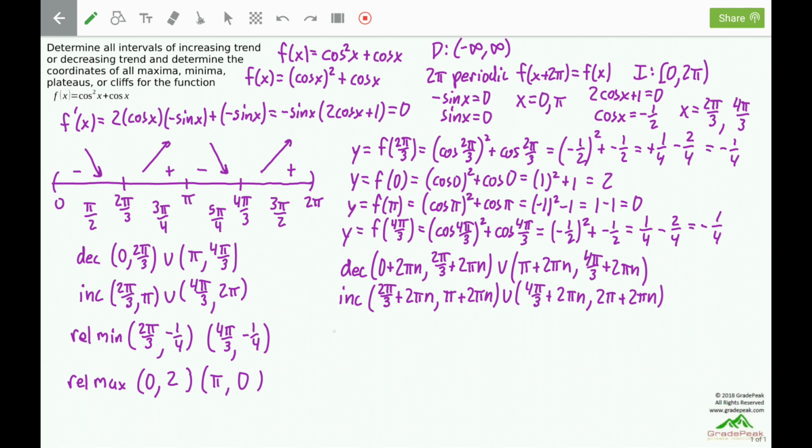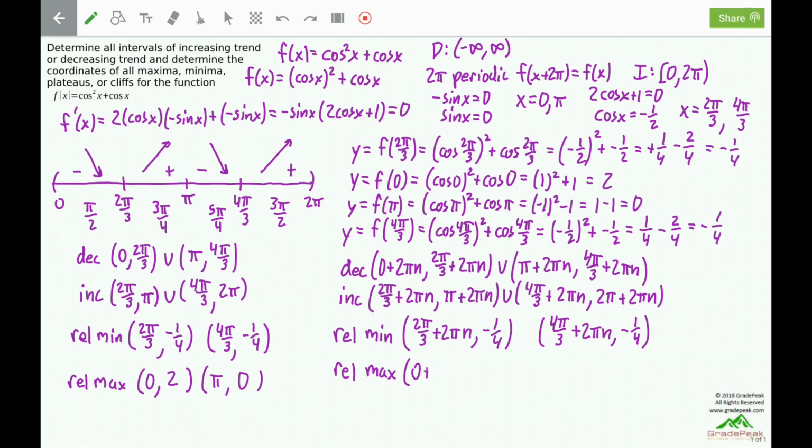plus 2 pi n. We have relative minima happening at 2 pi over 3 plus 2 pi n, comma, we do not add on to the y-coordinate because it came from pure trig functions, and at 4 pi over 3 plus 2 pi n, comma, negative 1/4, again we do not add to the y-coordinate, and relative maxima at 0 plus 2 pi n, comma 2, we do not add the 2 pi n to 2, it's a y-coordinate, came from pure trig functions,